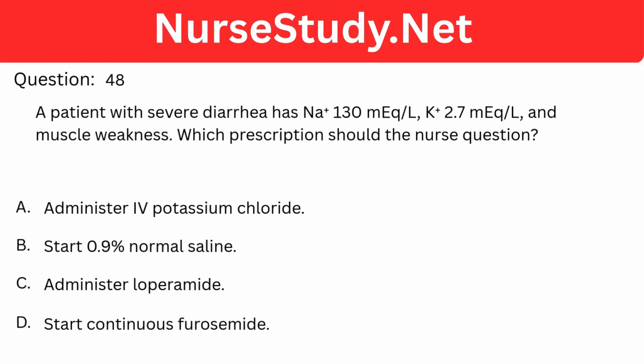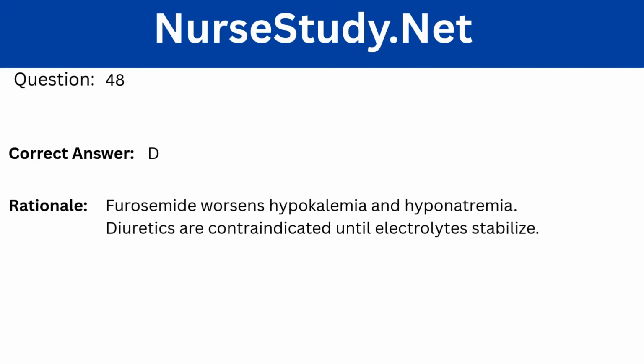Question 48. A patient with severe diarrhea has sodium 130 milliequivalents per liter, potassium 2.7 milliequivalents per liter, and muscle weakness. Which prescription should the nurse question? A. Administer IV potassium chloride. B. Start 0.9% normal saline. C. Administer loperamide. D. Start continuous furosemide. Correct answer: D. Rationale: